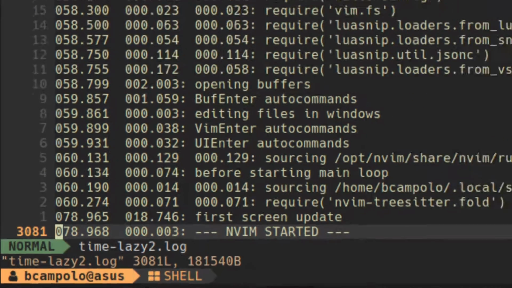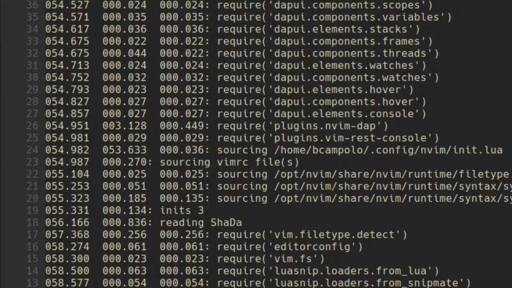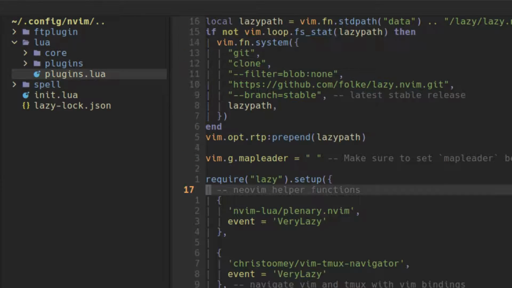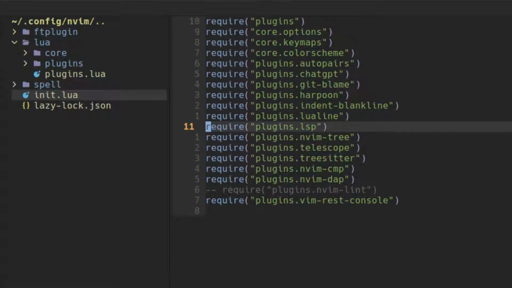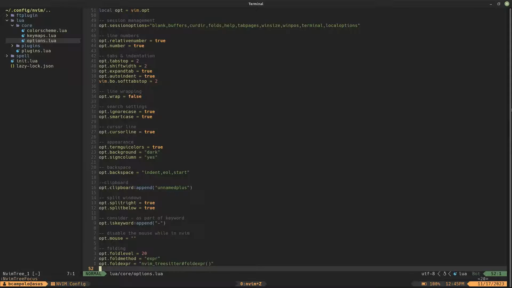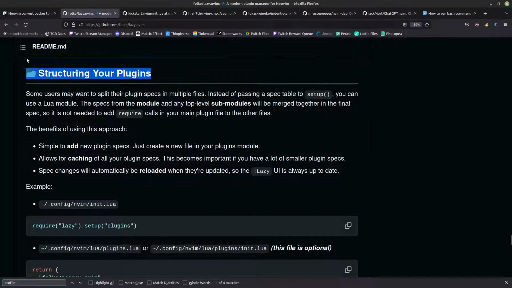If we look closely at the times in the second column, we can see the init.lua is taking the majority of the time. After some investigation, I realized this is because the init.lua explicitly loads a number of plugins, and this bypasses Lazy's loading system. To resolve this, we have two options. Either move each separate plugin configuration into our single Lazy plugin file, or we completely restructure everything following Lazy's documentation